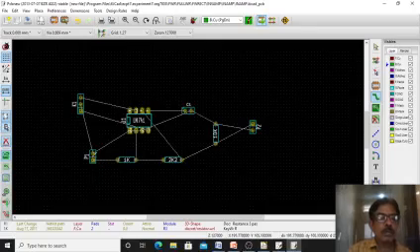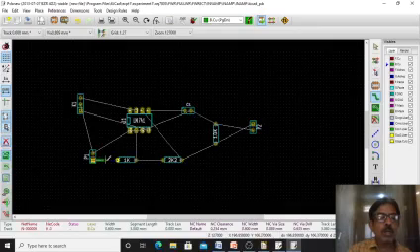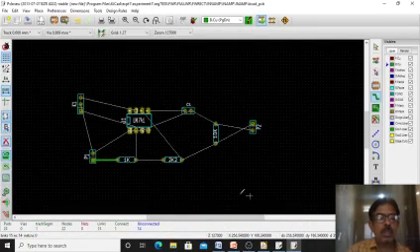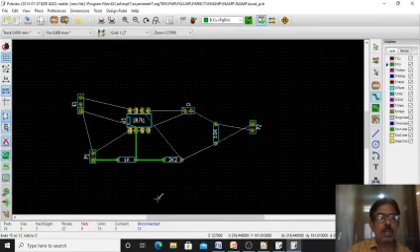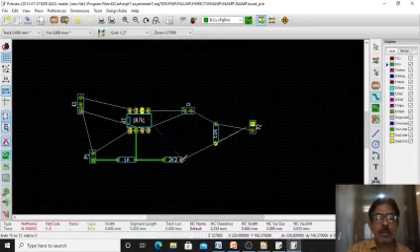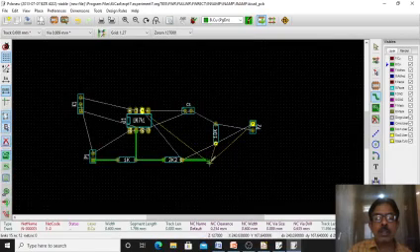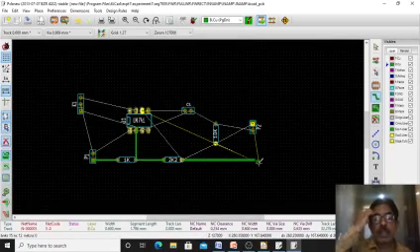So we will start with this. This is connected to the resistor, then this is connected to 2.2k, and this is connected to this component. Then you can see here this is connected here.